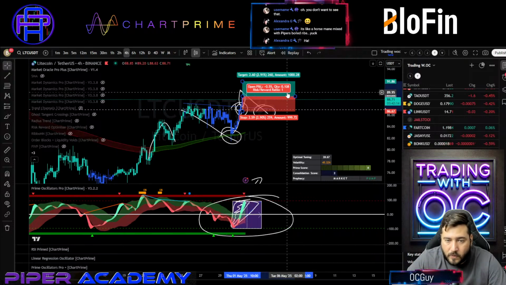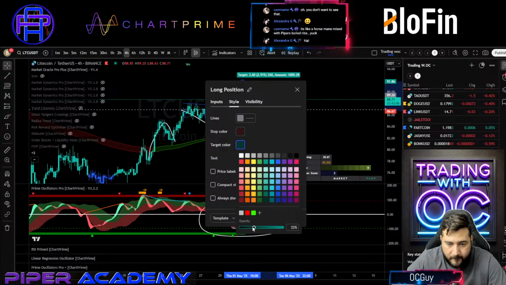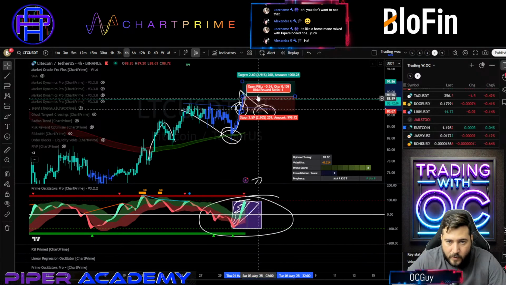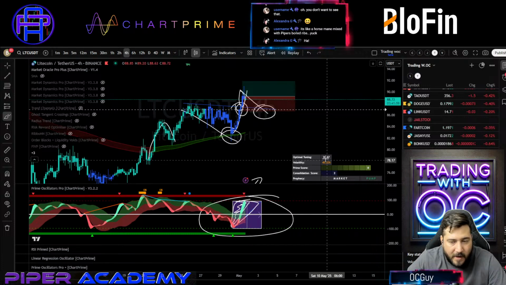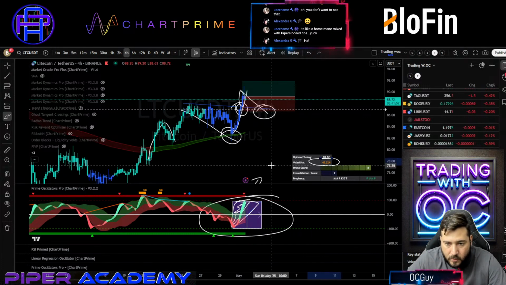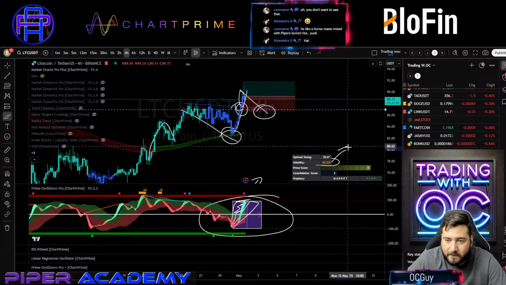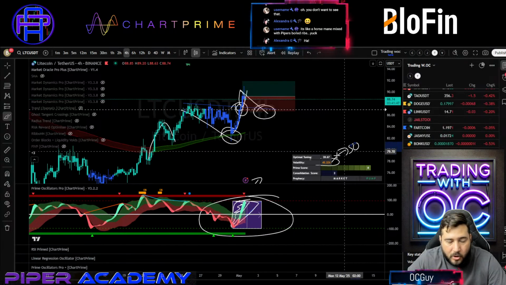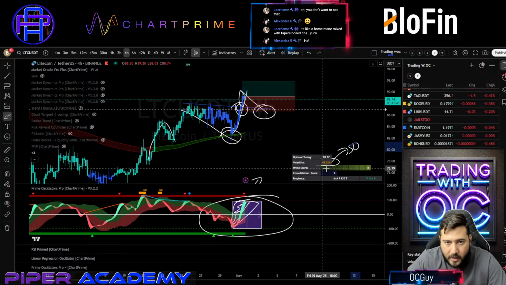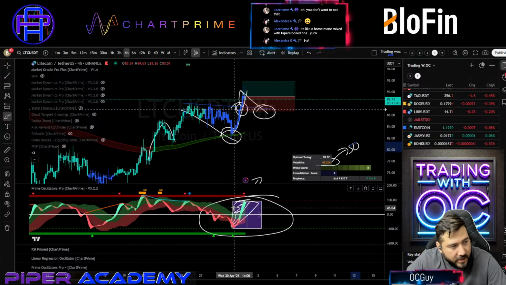Another thing that I do to make sure that I don't get trapped in here is look at, let me just get this out of the way so it looks much better, my volatility factor, all right? If my volatility is below 50, I'm usually expecting a retest. If it's above 50, I am not expecting a retest. I'm longing the breakout, right? So at this point, I am at 45. I am expecting a retest, and right here, I'm not expecting a retest.